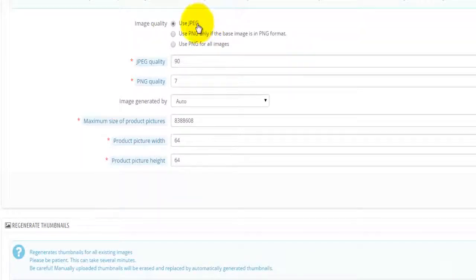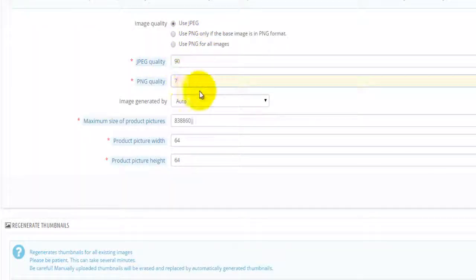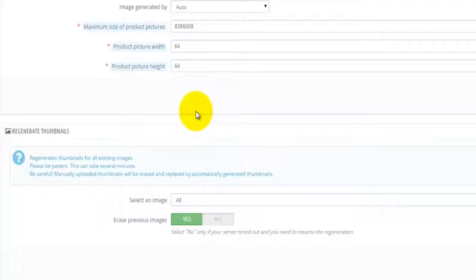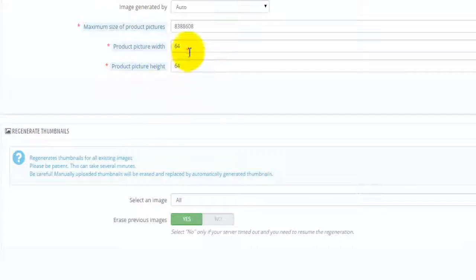So basically I would strongly suggest you use JPEG by default, with quality 90, or PNG quality if you're using PNG of course. You have a couple of other options here as well, and you can set this up the way you want it, but this is actually set by default. So the product picture width and the product picture height is set to 64, and the good thing is when you upload the photo, it doesn't matter how big or small it is,